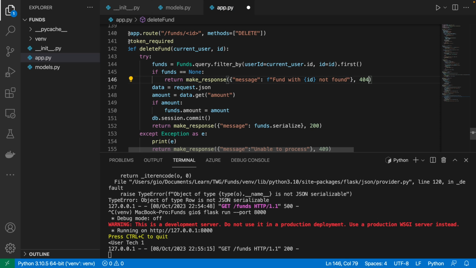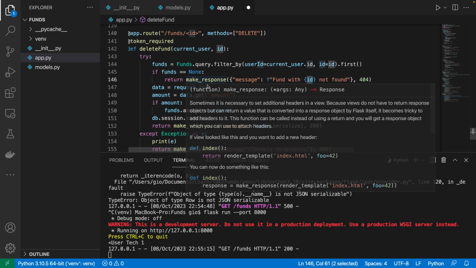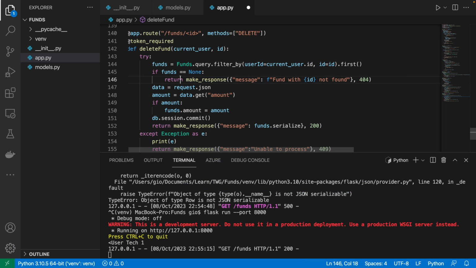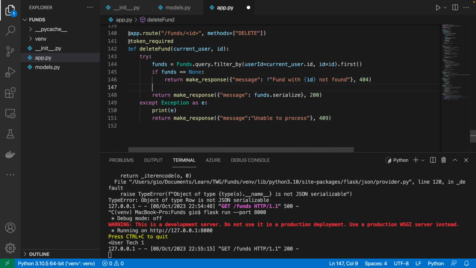And we're going to do 404 here. So message "fund with ID", and it's going to inject the ID that they provided us. If it's not found, or if they got funny and didn't provide an ID, it's going to be a nice little space there. But cool. And now we don't even have to do all of this really. We can just do